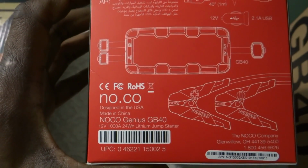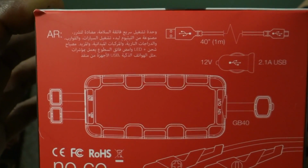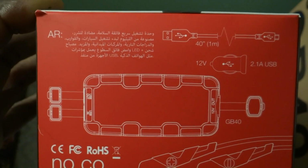Designed in the USA, made in China, we know that. 2.1 amp USB,